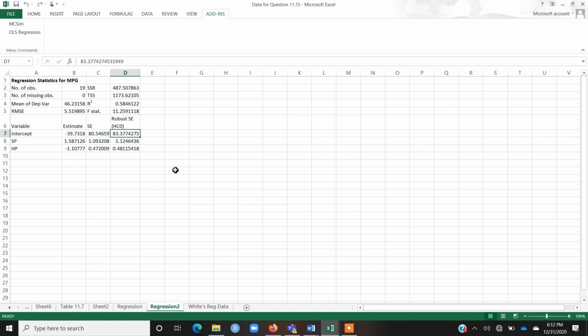So what does that mean? Even in the presence of heteroscedasticity, these results are interpretable. One additional advantage of robust standard errors and the estimates of betas is that they are valid even if there is no problem of heteroscedasticity, right?